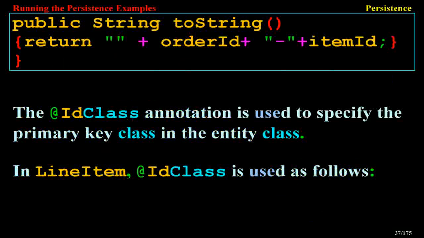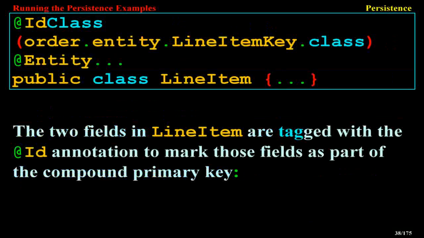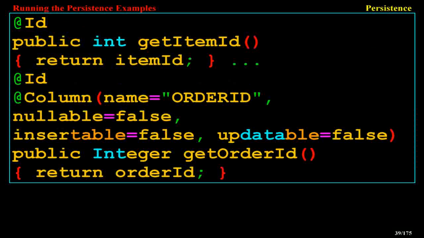The @IdClass annotation is used to specify the primary key class in the entity class. In LineItem, @IdClass is used as follows: @IdClass(order.entity.LineItemKey.class) @Entity public class LineItem { ... } The two fields in LineItem are tagged with the @Id annotation to mark those fields as part of the compound primary key. @Id public int getItemId() { return itemId; }